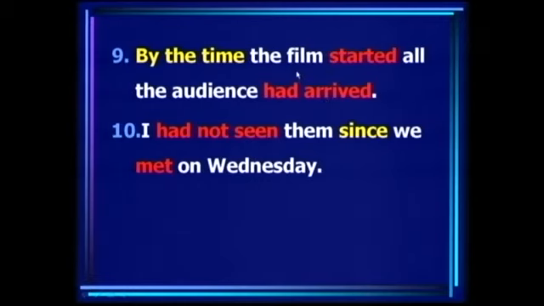بعدها الفيلم ابتدى، يبقى this is had arrived is action number 1 and started is action number 2. Action number 1 past perfect, action number 2 simple past. I had not seen them since we met on Wednesday. طيب أنا بتكلم على إيه دلوقتي؟ معنى الكلام إيه؟ معنى الكلام إن أنا قابلتهم يوم الأربعاء، ومن يوم الأربعاء لغاية دلوقتي ما شفتهمش. alright؟ طيب